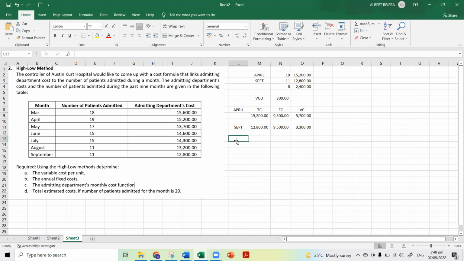Total cost is equal to 9,500 plus your variable cost per unit of 300, di ba? Times X. That is now your cost function. Okay? Yan. That is 9,500 plus 300 times X. Okay? Next,